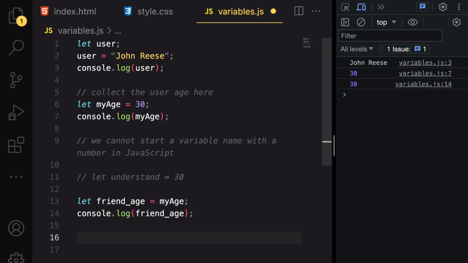So another thing to know is that we have another keyword that we call the var keyword. We can use the var keyword instead of the let keyword, although there are differences when it comes to using it. The var keyword is an old keyword that we use in JavaScript. We still use it today, but it depends on what you want to do, okay? Because there are differences between the let and the var keyword, although for the most part they do the same thing. But when it comes to scoping and hoisting, which I will try to talk about in this class,